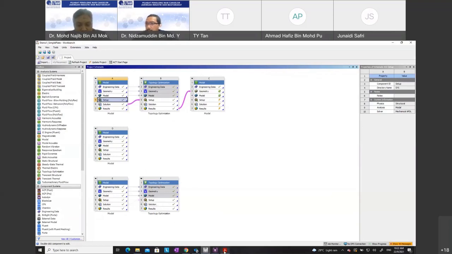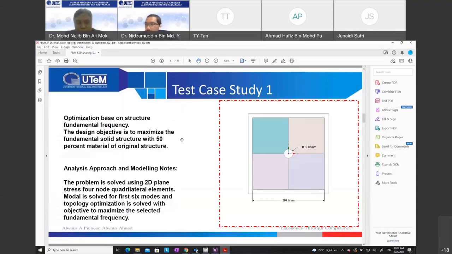Okay, but let me explain first about this problem. What we want to optimize, right? We have a simple plate of length around 305 actually, but when you draw it, it becomes 304.8. It's okay, right? This is just an example. This is the dimension that I've drawn, the 304.8. Okay, this is a square shape, and then there is a center hole,